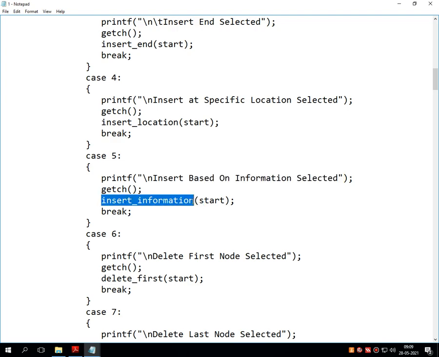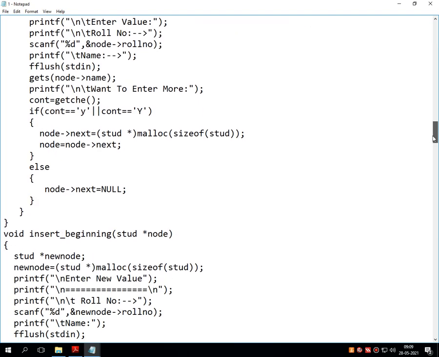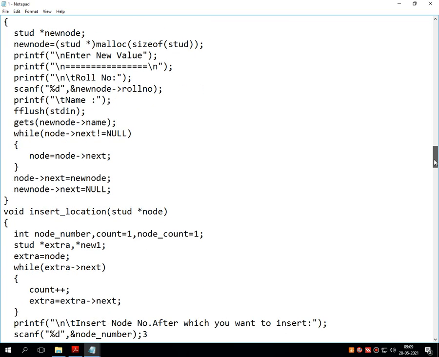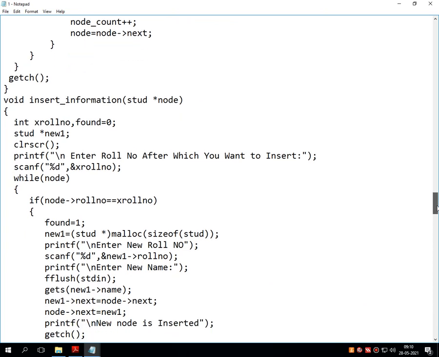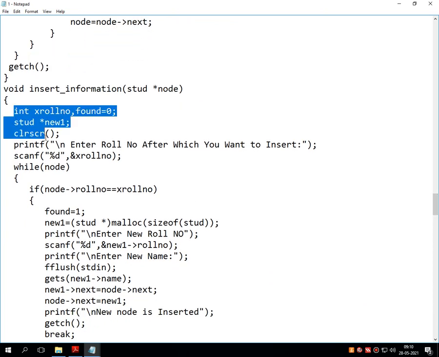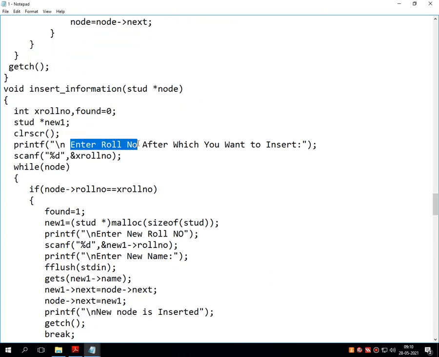The insert underscore information function will be called from over here, where a new node is created, then it will ask for the roll number after which you want to insert. So this is the difference. In the previous one it asked for the location, and in this it asks for the roll number. So the roll number is data and location is my reference.